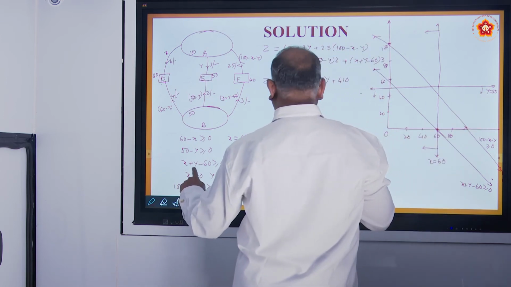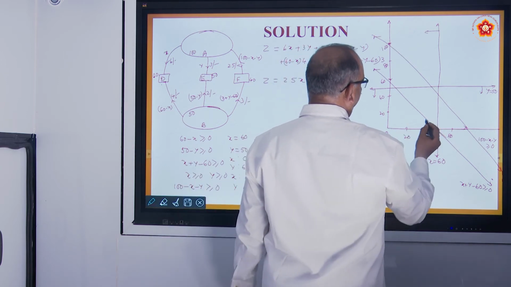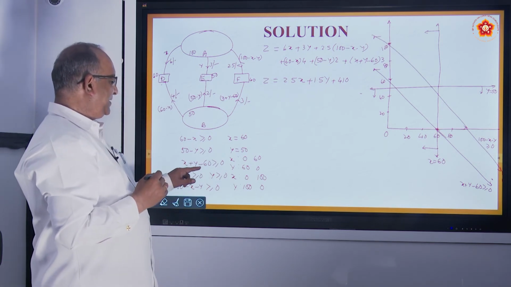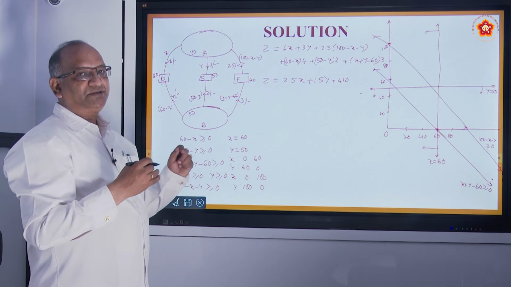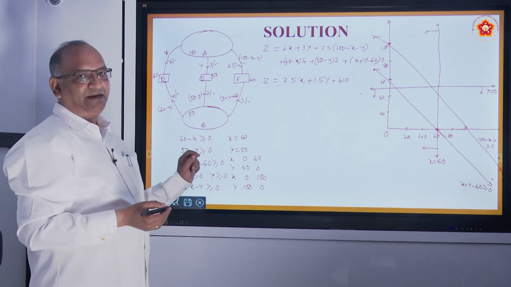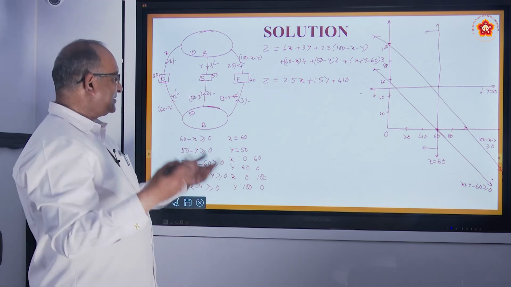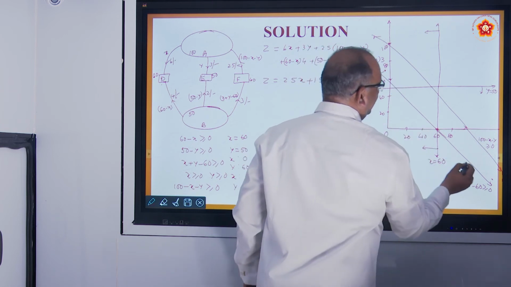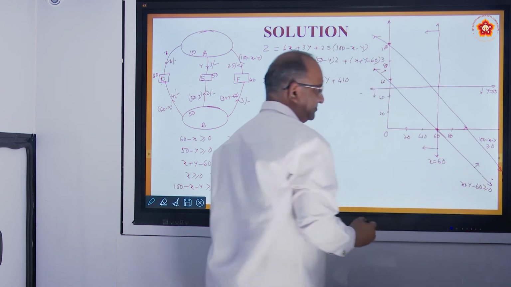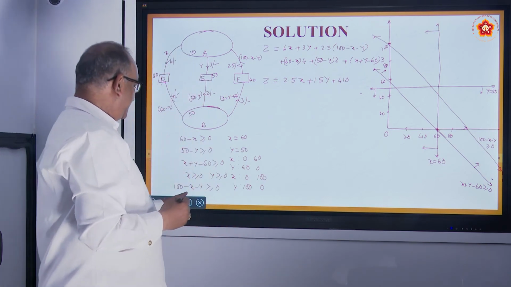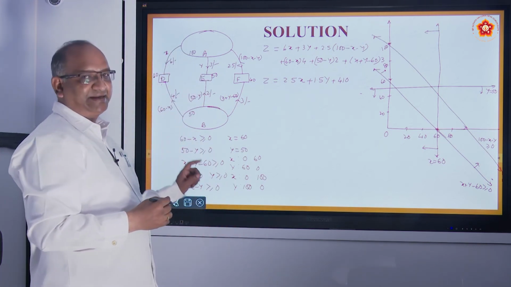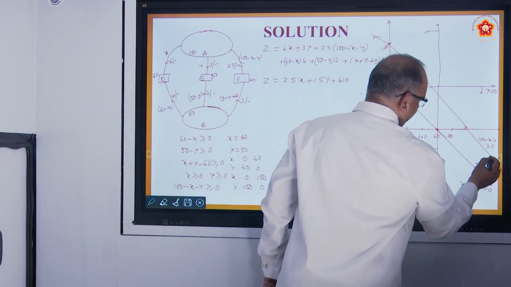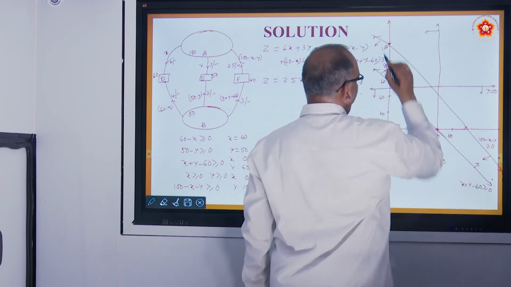Come to the third one, substitute 0, 0 in this equation, you will get 0 plus 0 minus 60 is greater than or equal to 0, which is wrong. Minus 60 cannot be greater than 0. So, the other side we have to shade, where origin is not there. So, this is the direction in which we will be shading. Take the last one. In this, if you substitute 0, 0, you get 100 is greater than or equal to 0, which is true, which shows that it is toward the origin. So, this is the direction in which we will be shading.